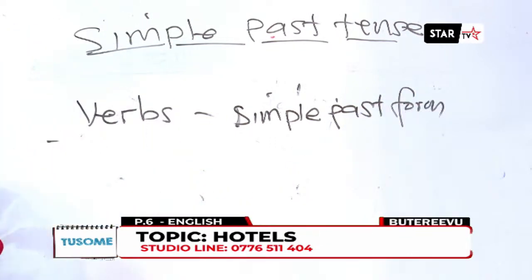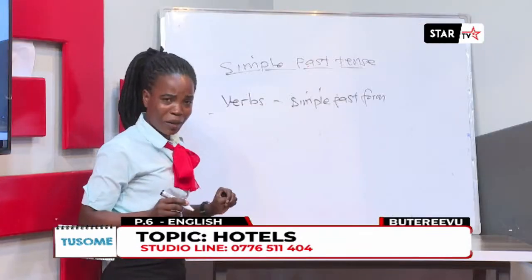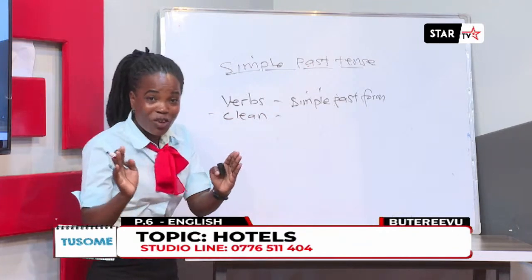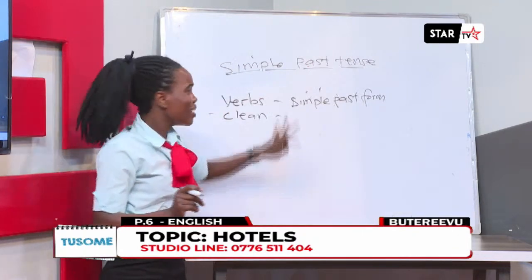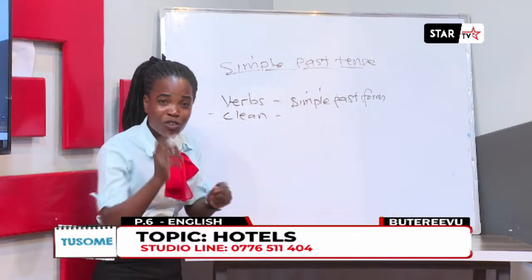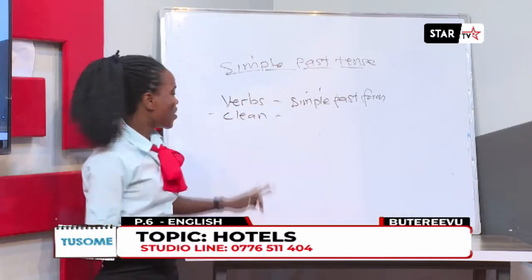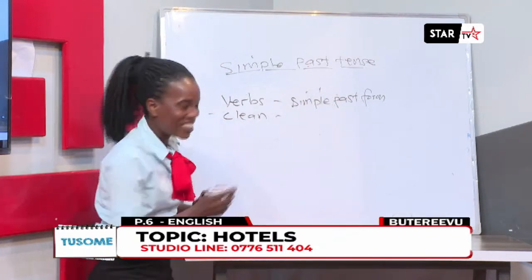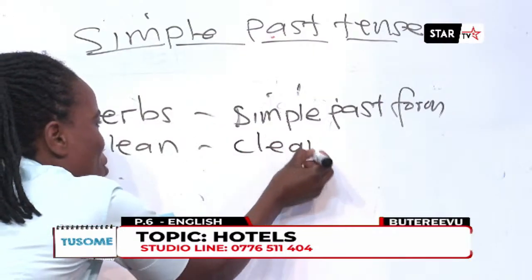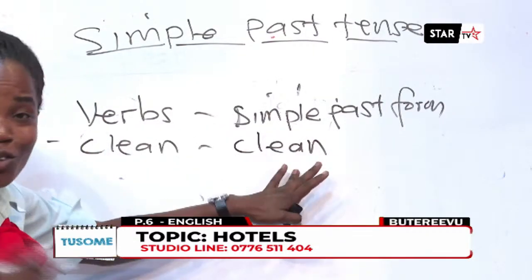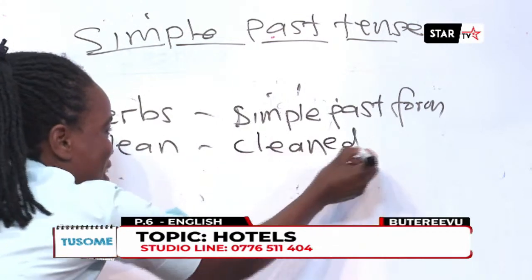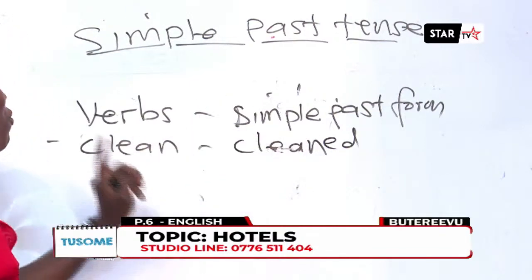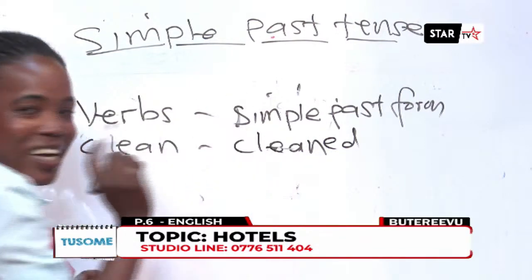You are wondering which kind of verbs are those. Let me give you some examples. For example, if you have a verb like clean, and you would like to use it to construct a sentence in the simple past tense, what do you need to do, my precious viewer? You need to change this verb to its simple past form, which is cleaned. It is very simple to write the word cleaned. You just need to add letters ed. There you will have written your past simple form of the verb clean, which is cleaned.